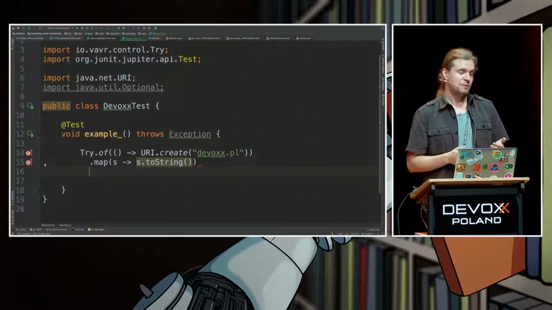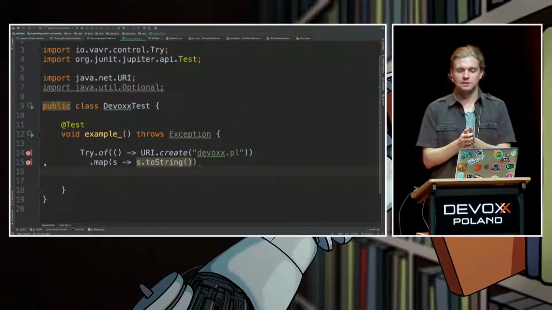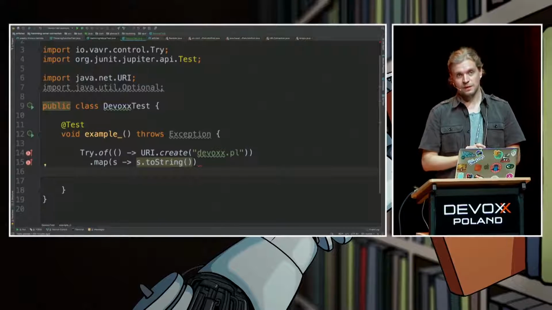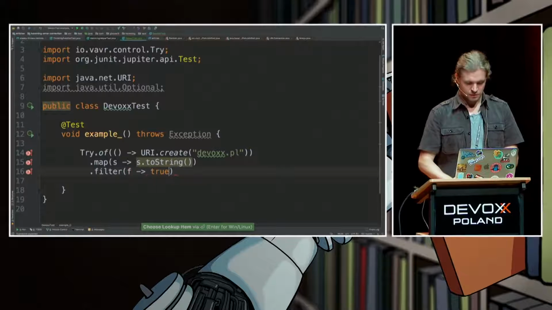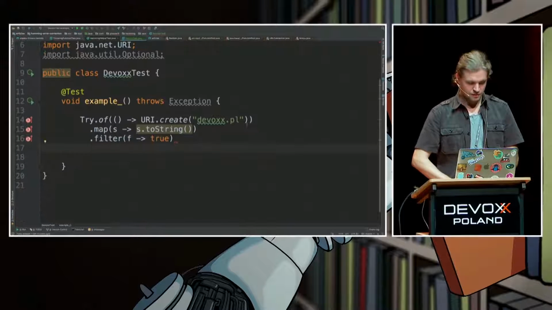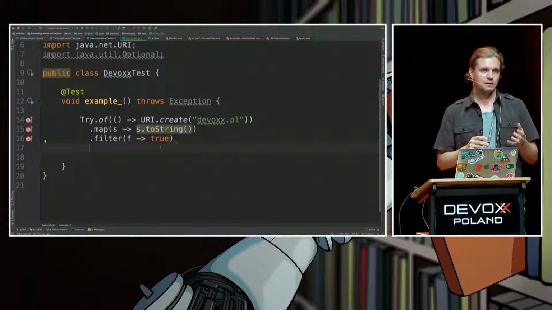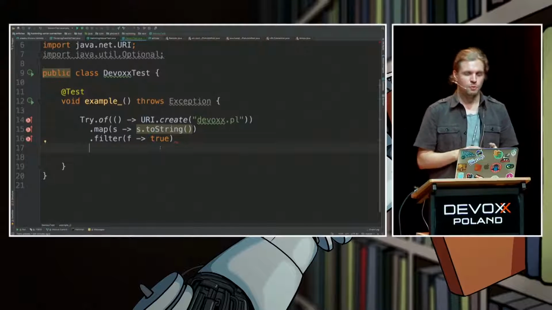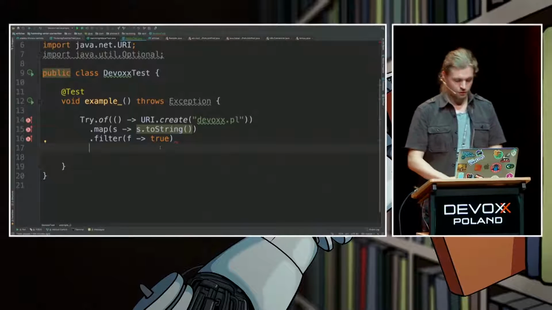If it turns out that the exception was thrown underneath, nothing will happen in this function that we pass to a map call. But if we land on a happy path, everything gets executed. So we can, for example, use a filter. It won't be very complicated right now. But what's cool is that you can see those solutions in many different languages, they will have a lot of very domain-specific methods for spicing up, for making the whole thing much easier.